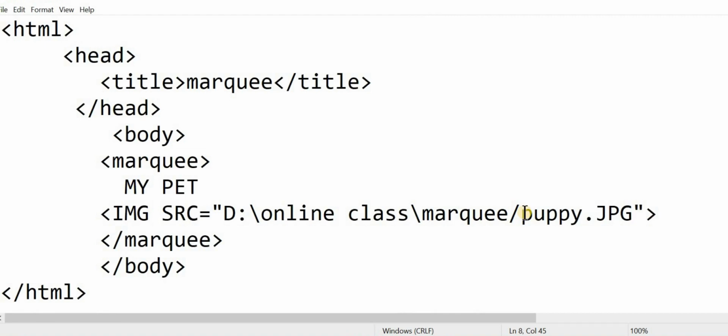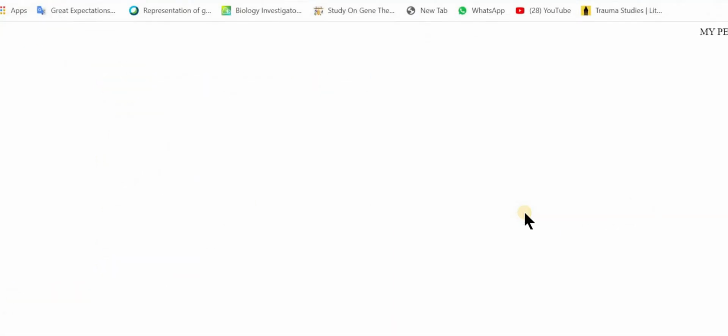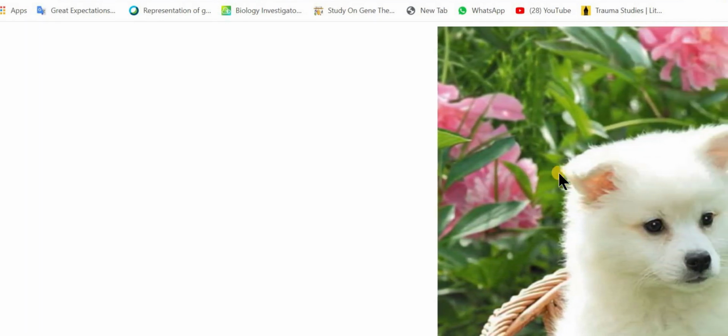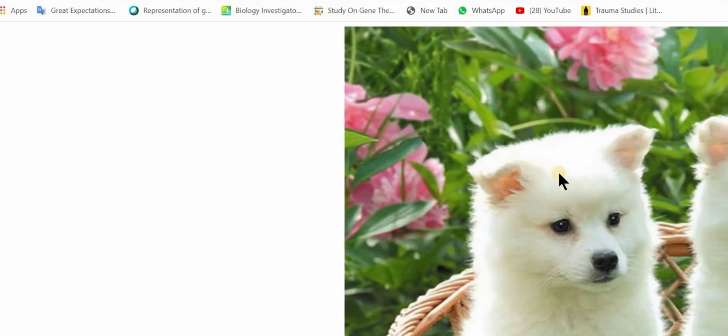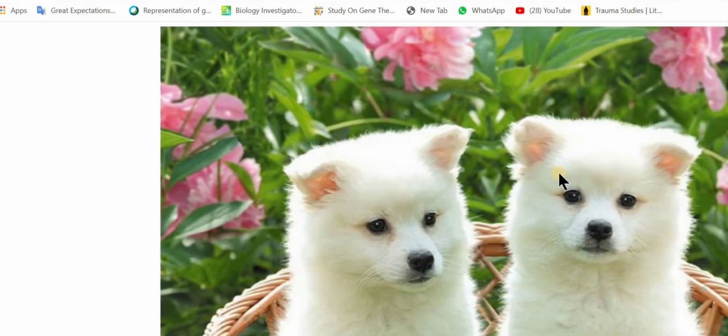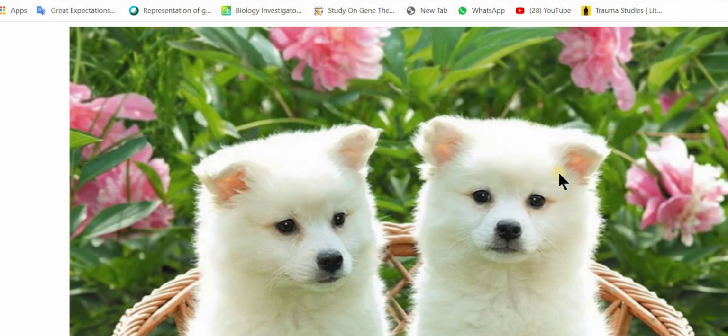Let's save the file. Now let's refresh the web browser. Now you can see that the picture has been scrolling from right to left. Can you see? By default behavior is scrolling, that's why it's scrolling from right to left.